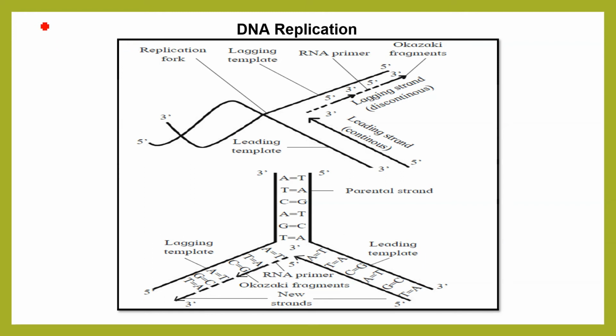See, we know that DNA is of two strands, 5 prime to 3 prime and 3 prime to 5 prime. If you look over here, 5 prime to 3 prime, and second is this. So they both are parallel but in opposite direction. Now to simplify, I am placing this in a straight way so that we understand better. Now see, this is 5 prime to 3 prime and this is 5 prime to 3 prime.